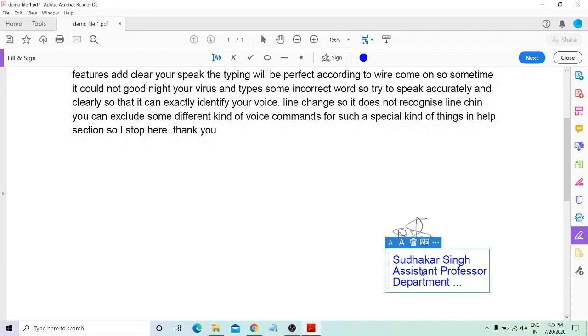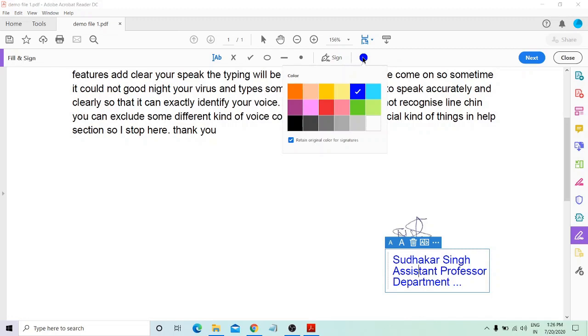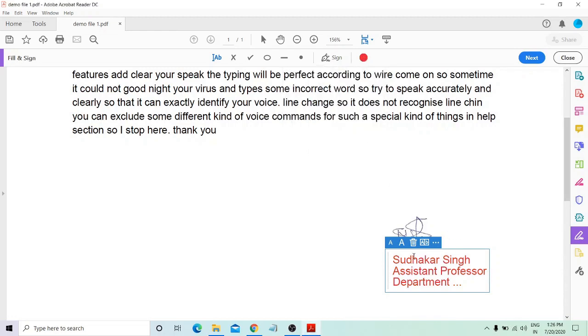You can change the color of this text through this symbol. Select either of the color for your details below the signature.